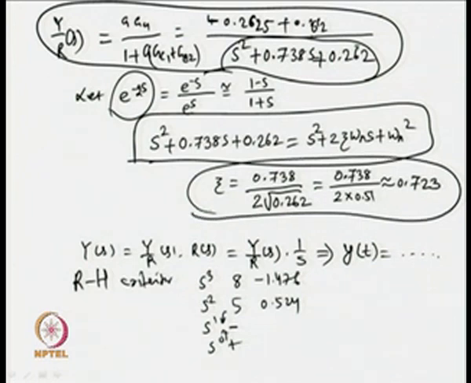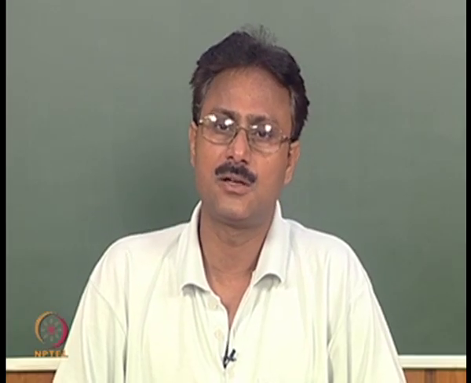So, this damping ratio xi gives us the information that we get an underdamped response for the closed